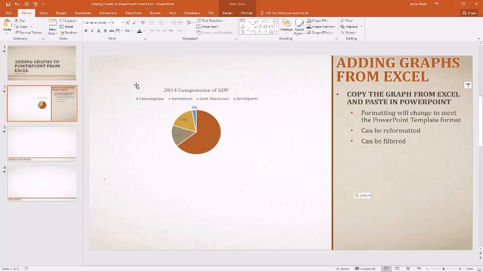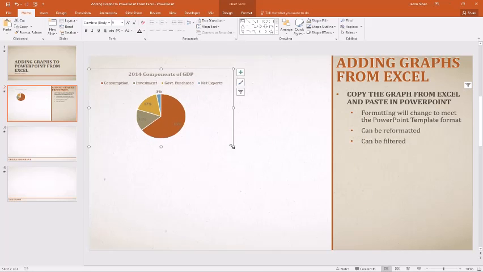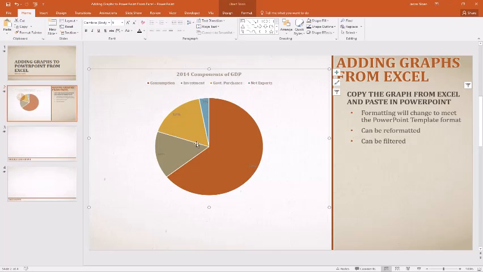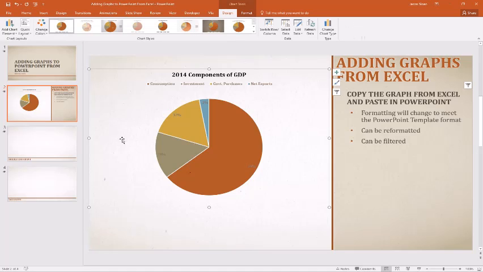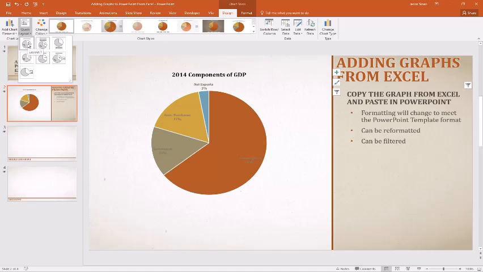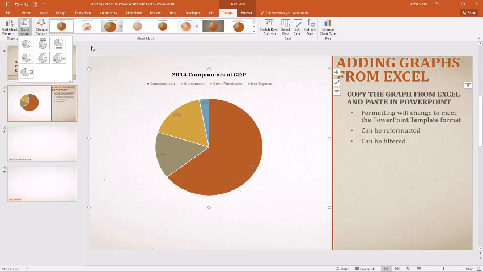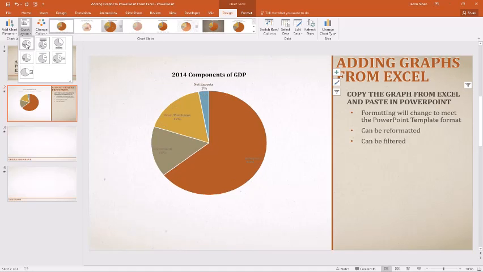Now you'll notice the formatting will change to meet the PowerPoint template, but we can reformat this. So one of the things I'll do here is I'll click and just make this a little bit bigger. One of the other things I'm going to do is come over here to Design, go to Quick Layout, and change what we had, which would look like this, and I'm going to remove the legend, and I'm going to add it